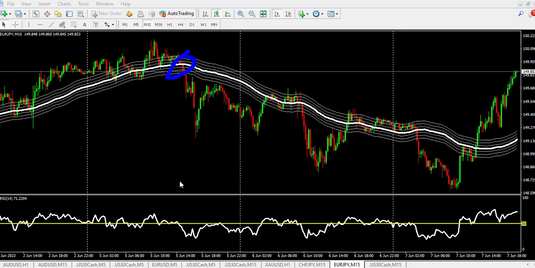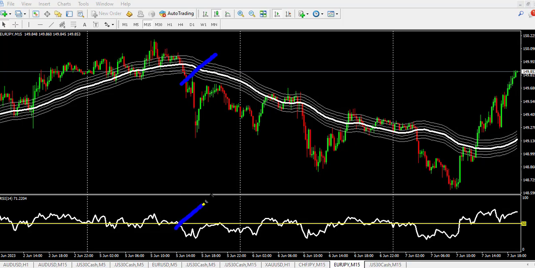Then look out for our RSI indicator. If it crosses below the 50 level for a sell, and if it did cross, then you can place your trade. As we have it here, we have confirmation here, this closes below, and this did cross at this particular point for a sell,